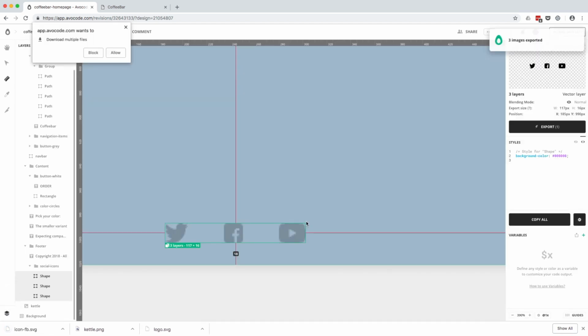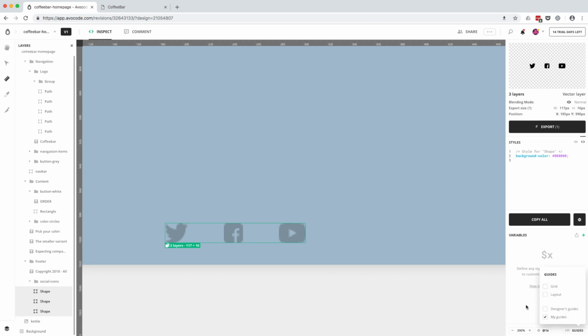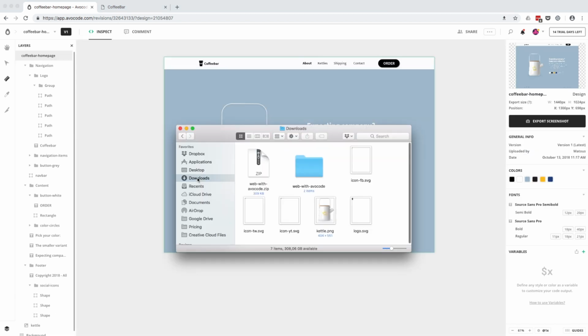Now hit export, and you can allow to download multiple files at once in order to get all of these icons downloaded in your folder. So we can close this right now, go to downloads, and let's take all these icons